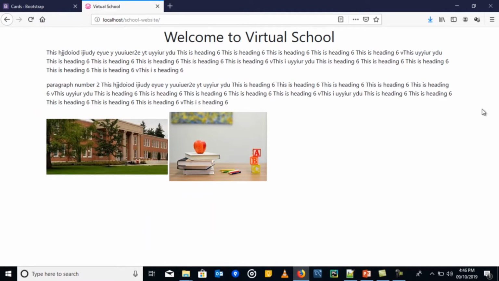Now our text has gone a little bit up there. But now we also want this text to be side by side. The first paragraph maybe should take up 6 columns, and the other one should take the other 6 columns. So you should appreciate how you can divide the columns. To do that,